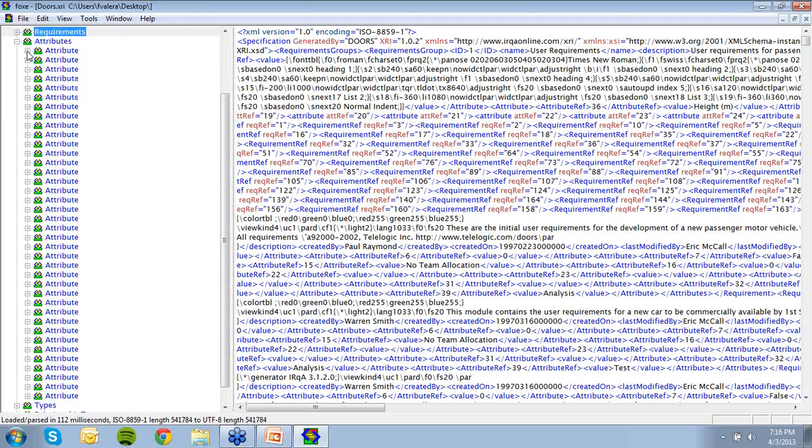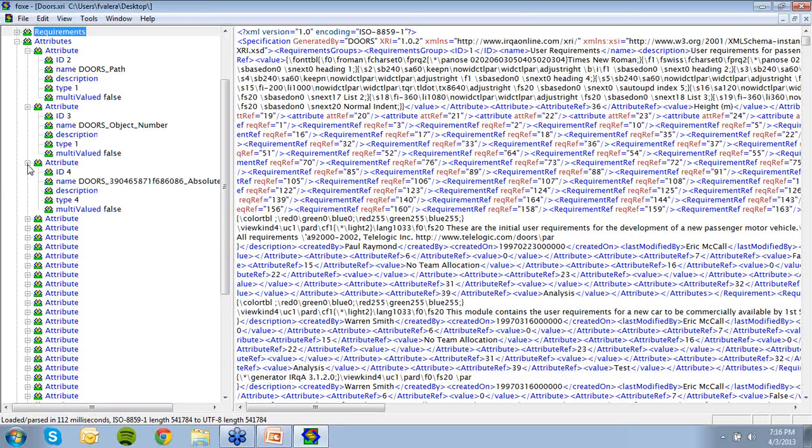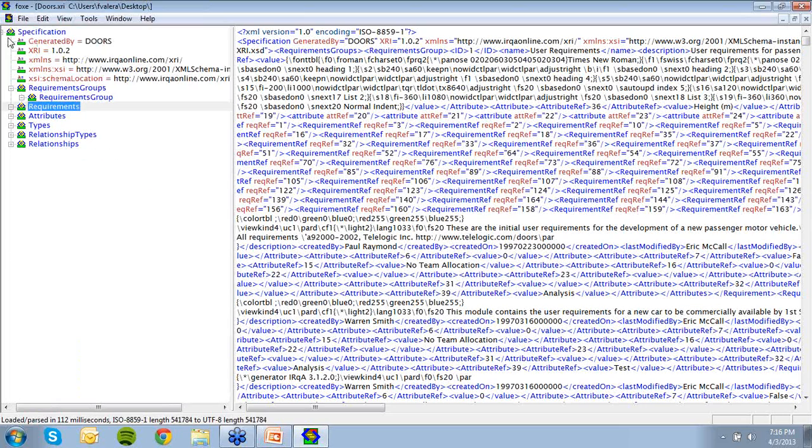We also have the different attributes that we're bringing from DOORS. Again, we will have some user-defined attributes, those that apply to the modules that we have exported to the XRI file, but also some administration attributes, such as the DOORS path, to know exactly where that requirement was located in the DOORS tree, the DOORS object number, the absolute number, and user-defined attributes such as the actual cost. It's also important to bring the types, if it's an enumerated value, if it's a text value, and finally, the